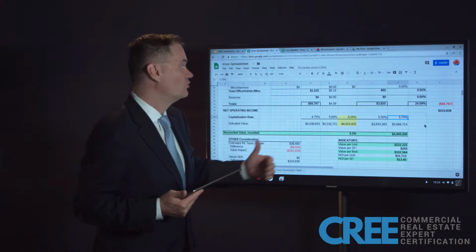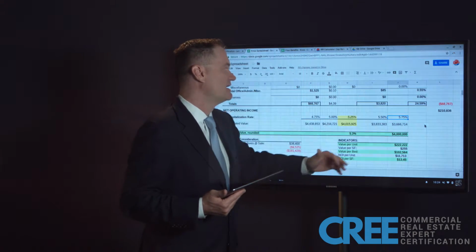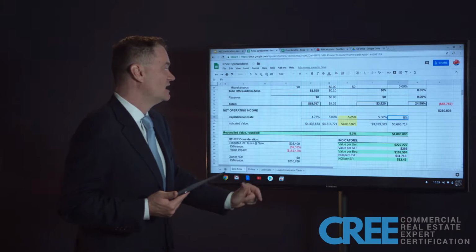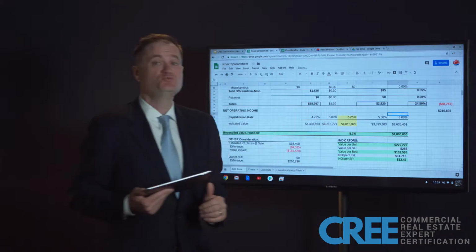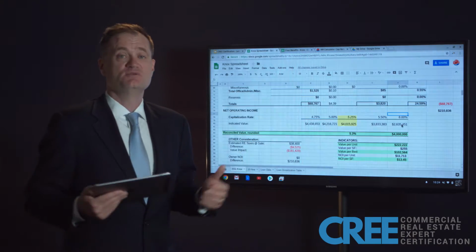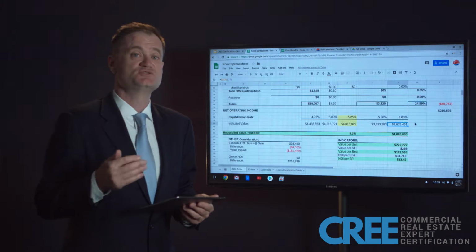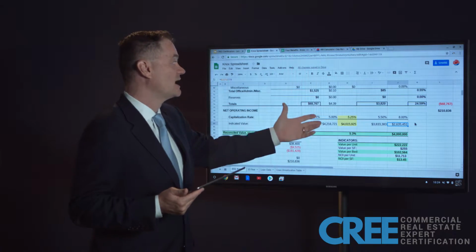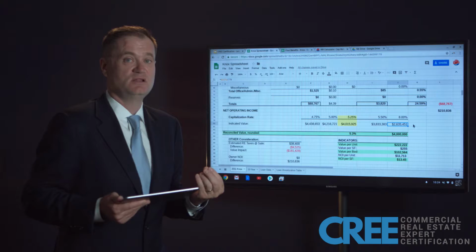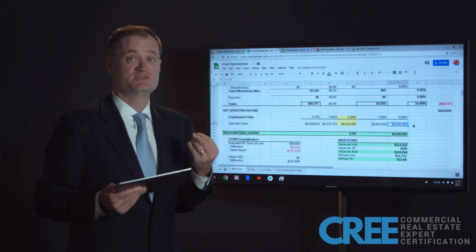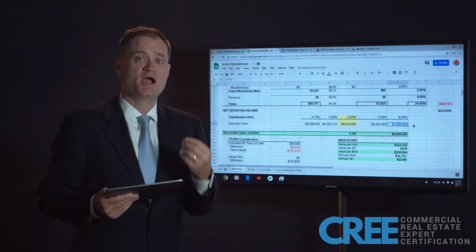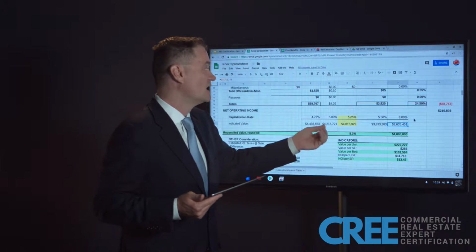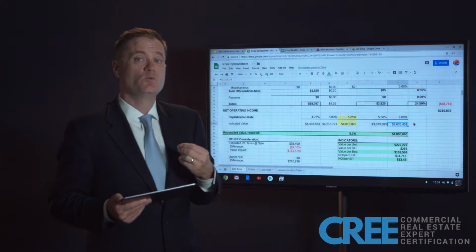require. If we required, let's just say, an 8% cap, if we change that 5.75 to 8 right now, we can only pay $2.6 million for that property. So as cap rates increase, as interest rates increase, and if we got back to a point where cap rates were 8%, that property has lost a substantial amount of its value. And so this is, again, buyer beware. You need to fully understand the power and the impact of a cap rate and what it can do to